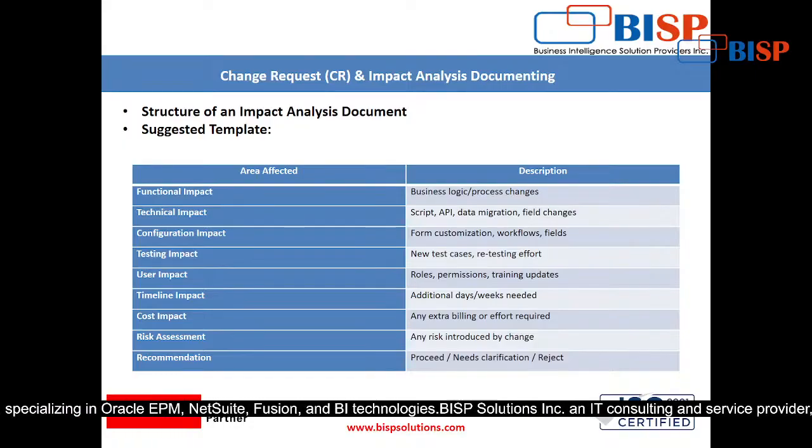the script also. If any script is written related to the purchase order form and then you have suggested the change in the purchase order only, so in that case definitely if there are some scripts related to purchase order, they will definitely impact. The API will also impact, the data migration, field change, all these things will be impacted. Okay,